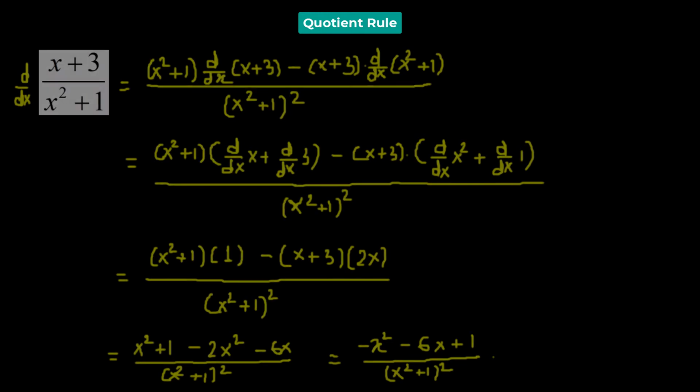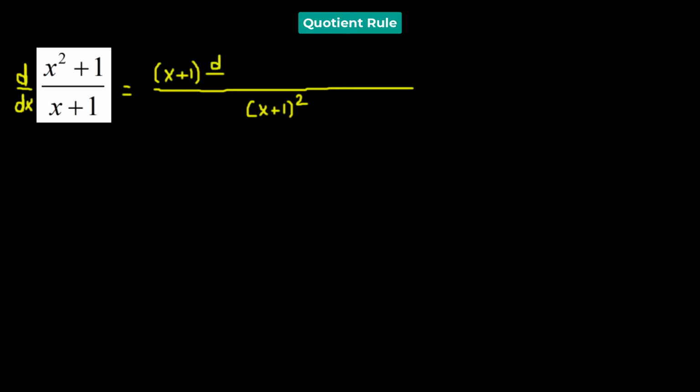Let's do another problem. So we have x squared plus 1 divided by x plus 1. So we need to find its derivative with respect to x. So let's begin with the denominator. So we have x plus 1 whole squared in the denominator. We begin with the denominator x plus 1 and then multiply it to the derivative of the numerator, which is x squared plus 1, minus x squared plus 1 multiplied to the derivative of x plus 1,